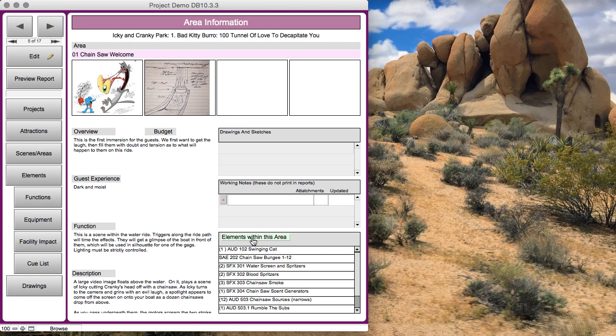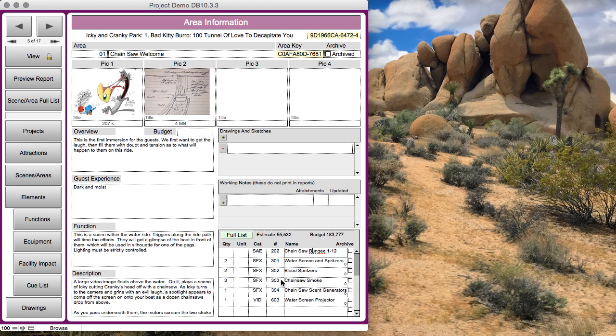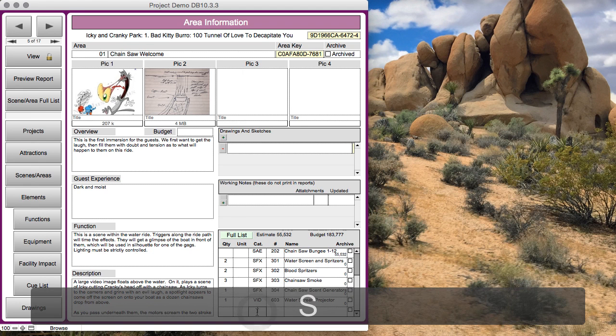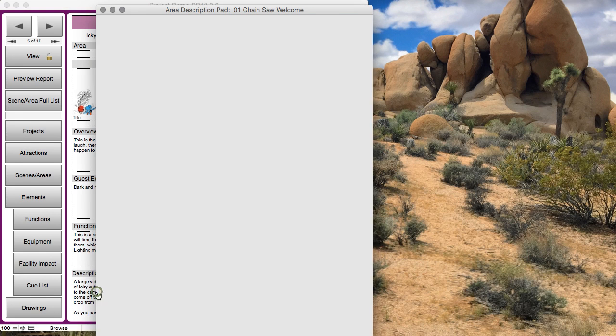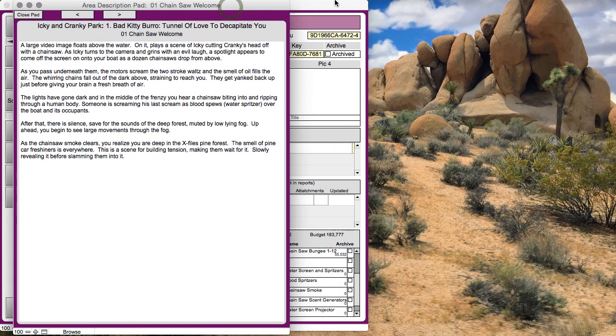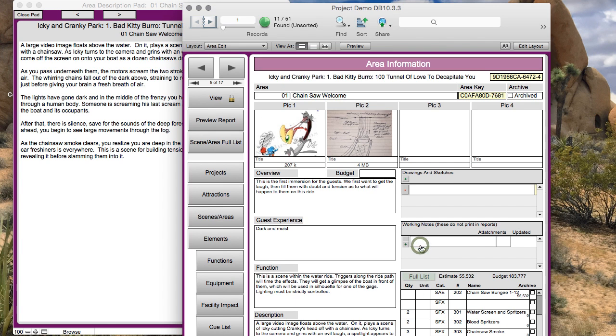When I get into the edit side, I've still got the full list, but if I click into one of these, it doesn't go to that element. This allows me to block out. Basically, I'll start putting information in here to block out my scene, and a lot of times I'll pull up one of these on the side and look at that while I'm over here going, okay, I'm going to need one of these, I'm going to need a waterfall, I'm going to need a smoke machine, whatever. So once I have it blocked out, then I'll go to the full list,